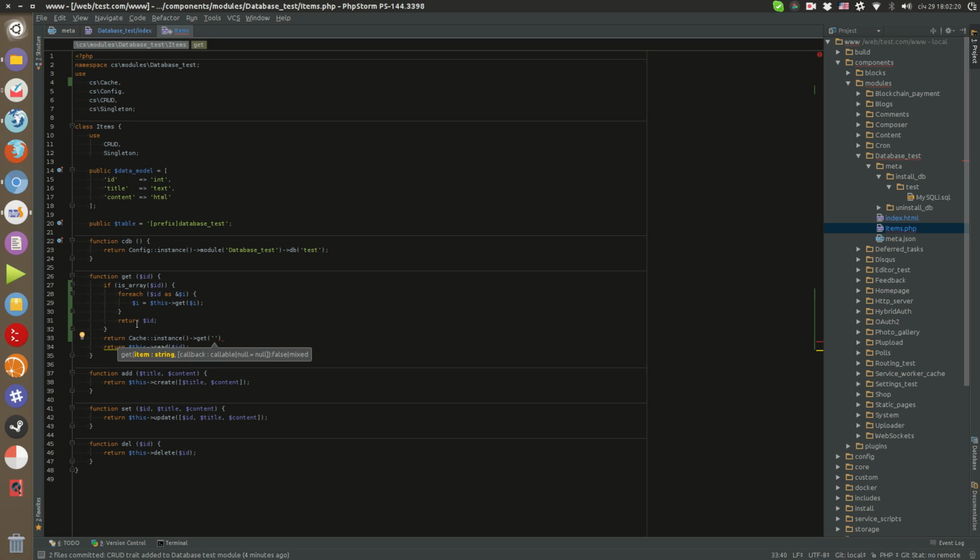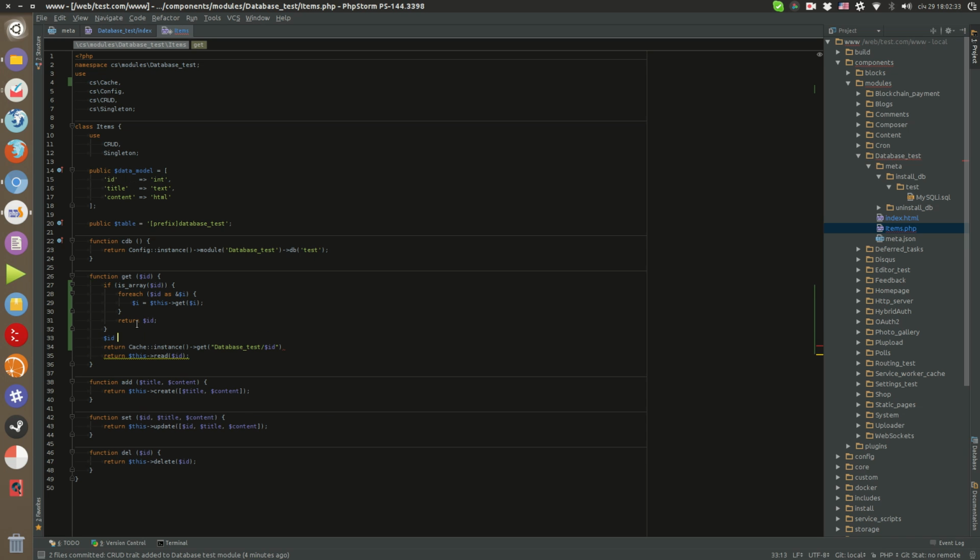In getting, we'll try to get a database test, and for instance, we'll use identifier here. Let's make sure we have only integer. Okay. And we can do it like this, and we also can pass second optional argument